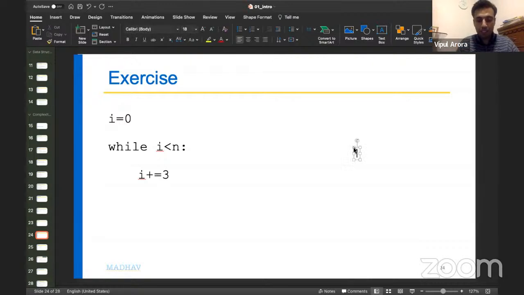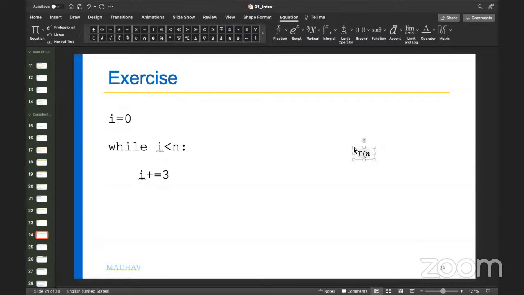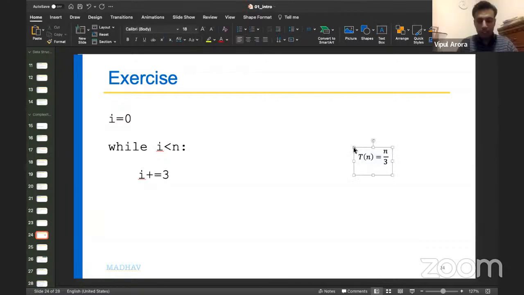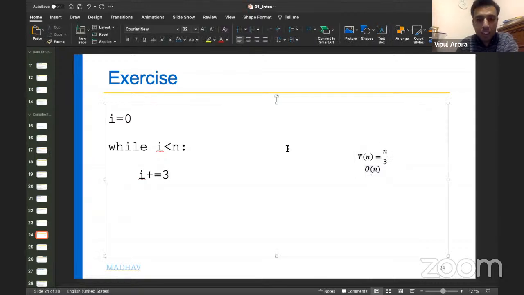Let me call it n minus 1 number of steps? No, n number of steps. Sir, n by 3 steps. N by 3. Okay. And this means big O notation will be,